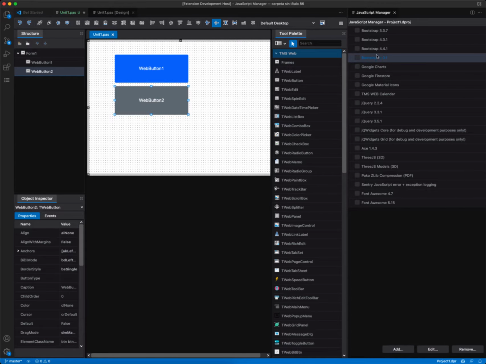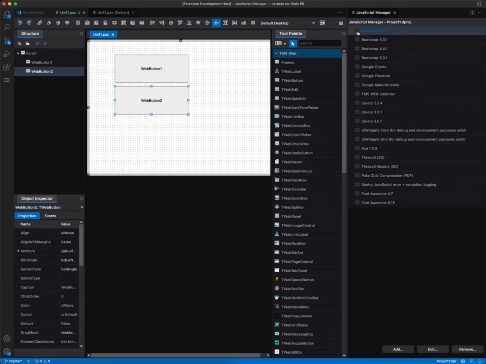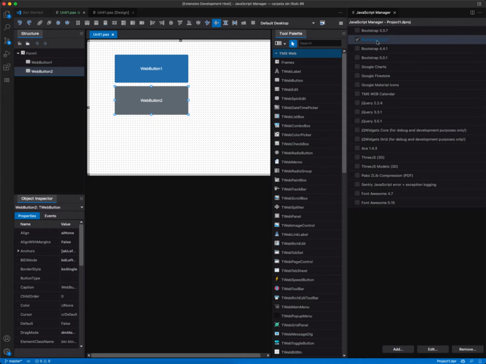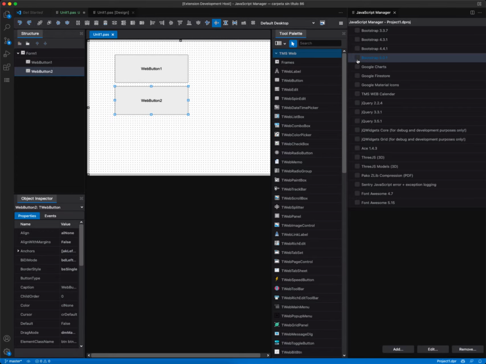We can remove, if we want, the library, and we can add a previous one. And these are the styles for btn and btn secondary on those libraries. And this is going to be this one, okay, or this one again. Okay, as you can see, it's very easy to add these libraries to your project,